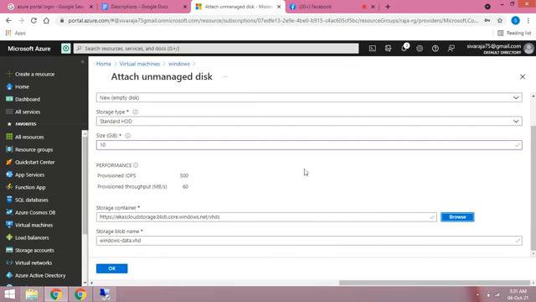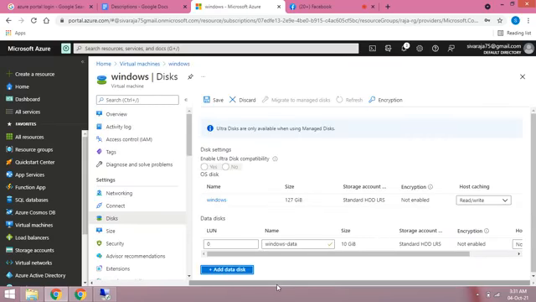So this is where our attached unmanaged disk is stored. This is our storage blob name. Now okay. So all disks are available. Now don't forget to save.